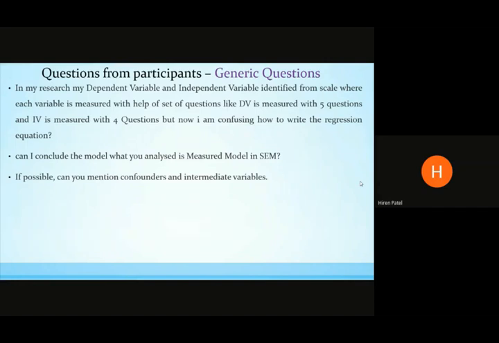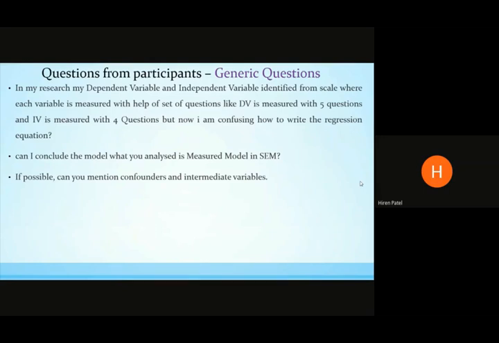Again, this question is very well beyond the scope of this particular webinar, because we are not talking about structural equation modeling presently. However, in structural equation modeling, the measurement model, any one equation is similar to simply one multiple regression equation. However, the structural equation modeling measurement model combines several multiple regressions together to create this model. So this is what I want to answer on this question.